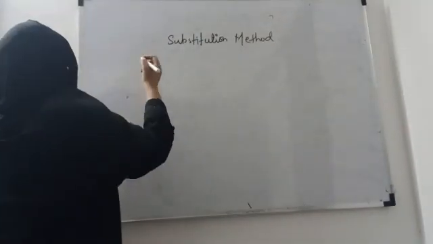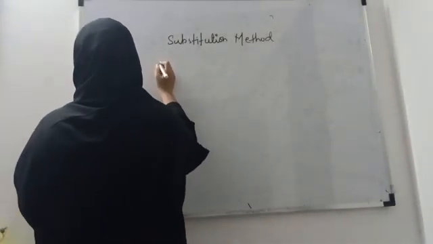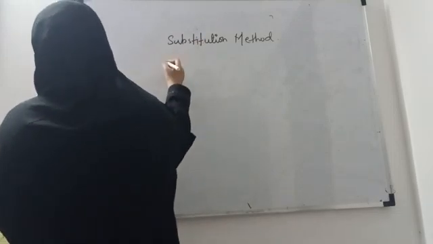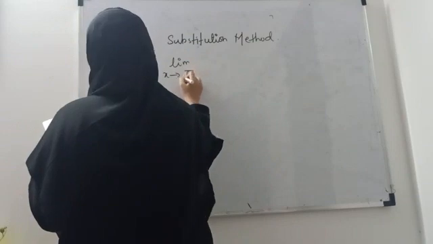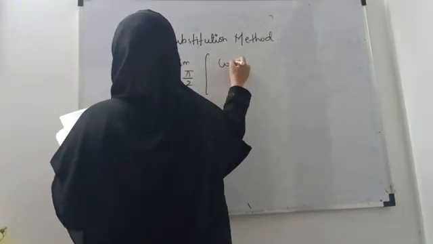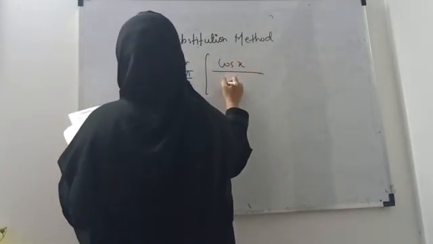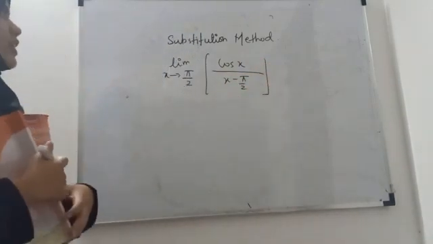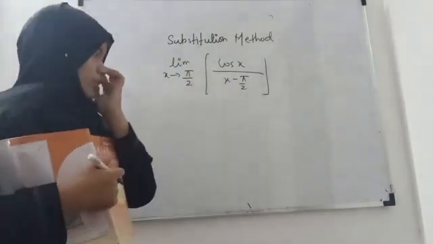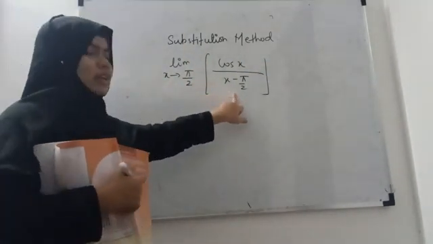For example, we will take example number 1 from page number 149. Okay. So we will take problem number 1, page number 149. Evaluate limit x tends to pi upon 2. Okay, so you have to understand this is a problem of substitution, because if you put x as pi by 2 you will get infinity over here.